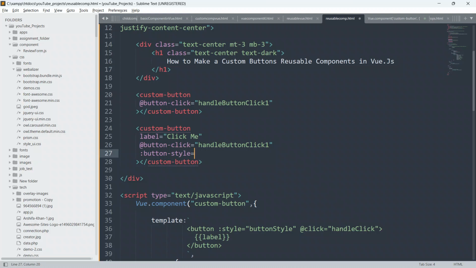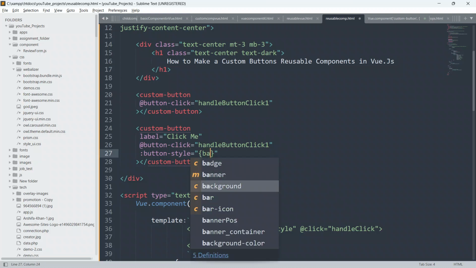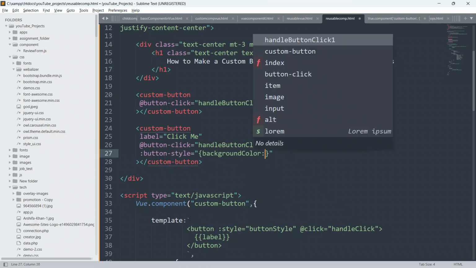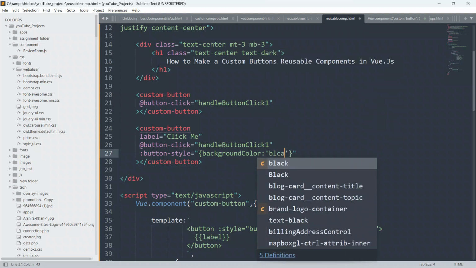So we will say equal to, open double inverted commas, and open and closing curly braces, and we will say backgroundColor, with capital C, colon, and we will give black.